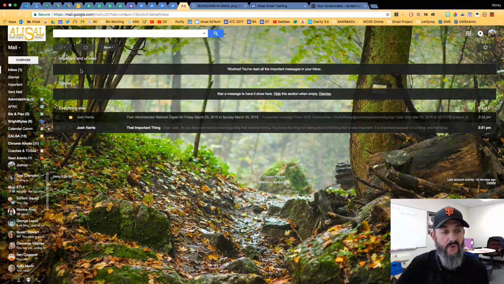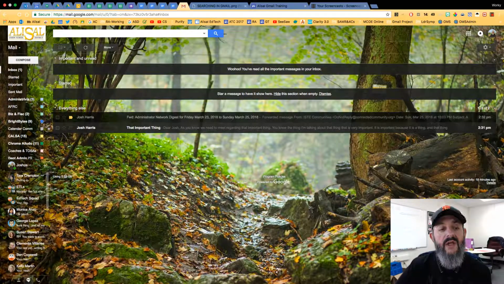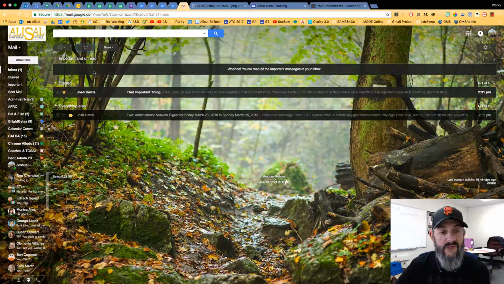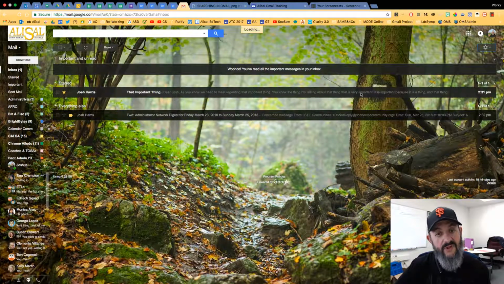So this is important and unread. So this is important, but it's read, it's not unread. So it's not in that top starred. So if I star this email and then I refresh, it moved it to a different section. So that's priority inbox. And then to configure again, we'll go to settings